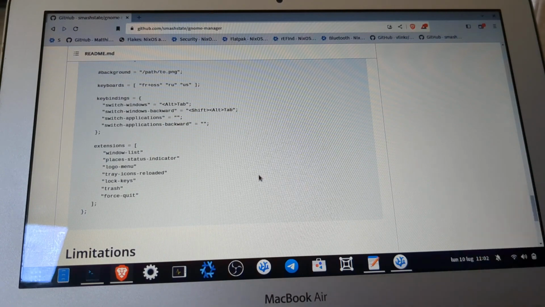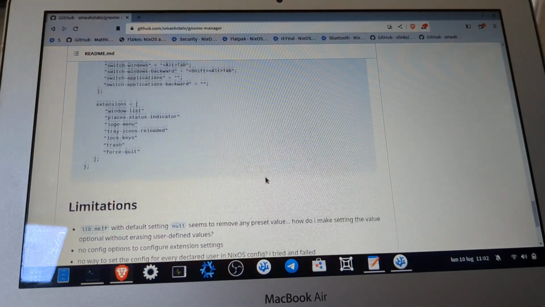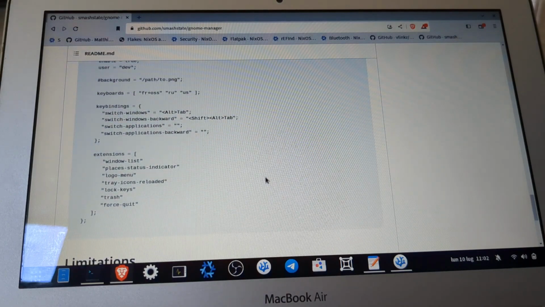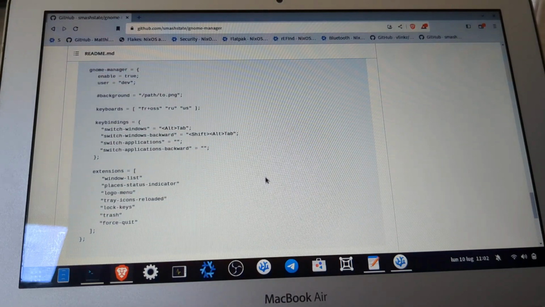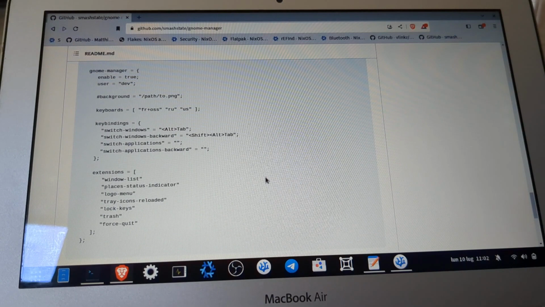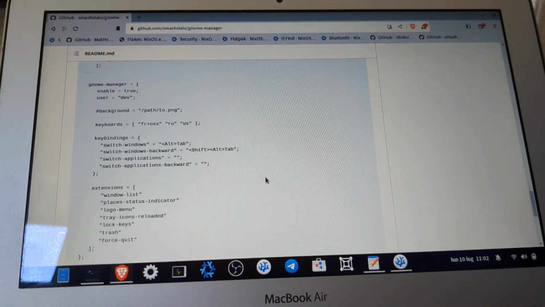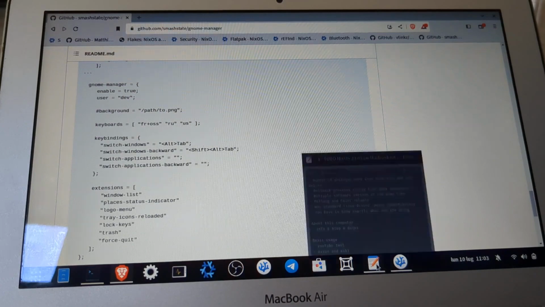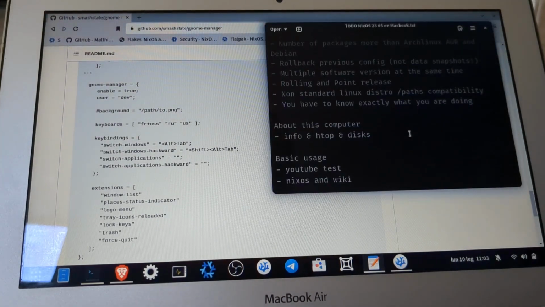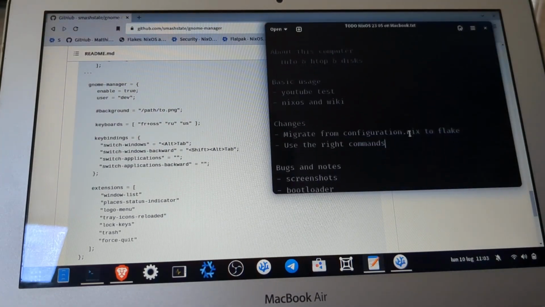For some kinds of configuration, I prefer not to use NixOS, but to use other ways. But I like the idea of being able to create from scratch a system configured the way that I want. So this is my review of NixOS, what worked and what didn't work.